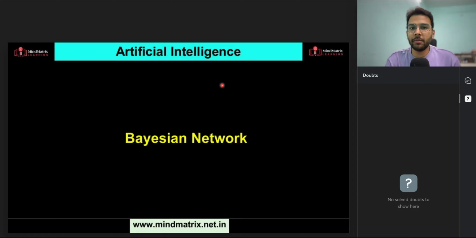We also talked about joint probability distribution, right? So we set the foundation that first we need the joint probability distribution. That is very important. That can answer any question related to a domain, right? And then we discussed that it consumes a lot of space and time complexity is also very high. So we figured out that we can use the concept of independence. By using the concept of independence, we somehow reduced the space required to store all the variables.